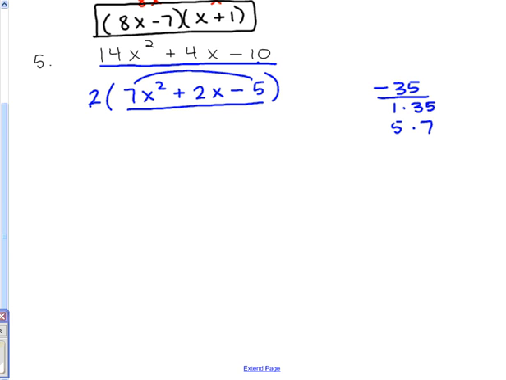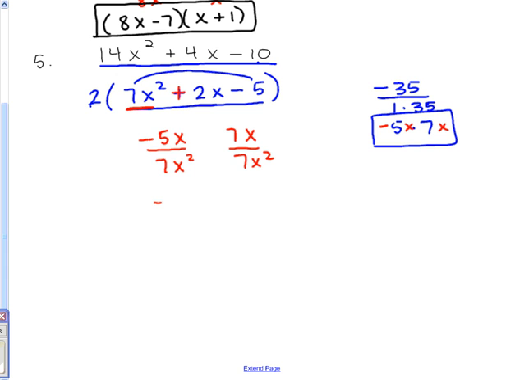So what's going to subtract to be 2? Okay, well, 5 and 7. The higher number takes the middle sign here, so that means the 7 is positive, the 5 is negative, and I attach that middle variable, the x. So I would have a negative 5x, a positive 7x, divide by the first term, which is the 7x squared,